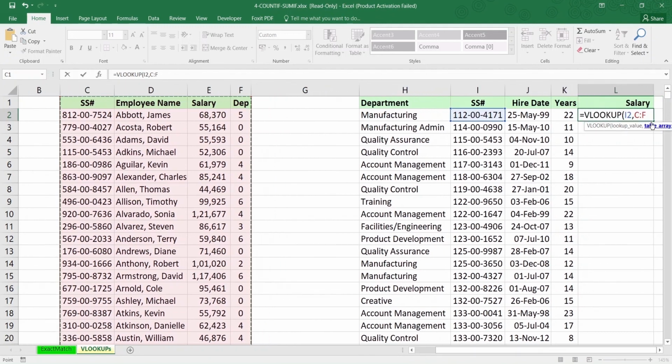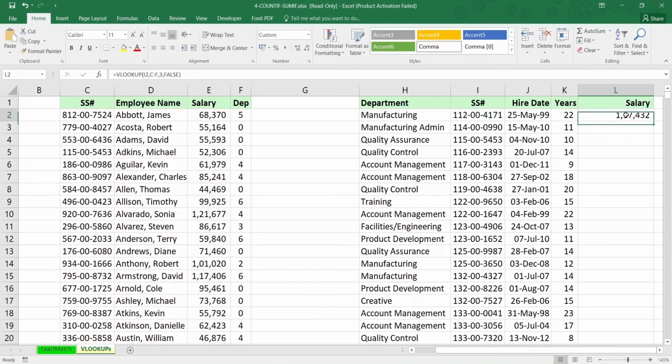But still, if you look at the column index number, we would not put in E, which is 5. We would not put in 5. We would put in 3, because this is the selection that we're talking about, and we are talking about the column in this particular selection. We want salary, and salary is the third column in this selection, and that is the reason we'll go ahead and type in 3. Next, range lookup. As I said, we do not want an approximate match. We always want an exact match in this case as well, because it's salary, and we want to find salary for every particular employee, who has a unique social security number. So we'll go ahead and select false.